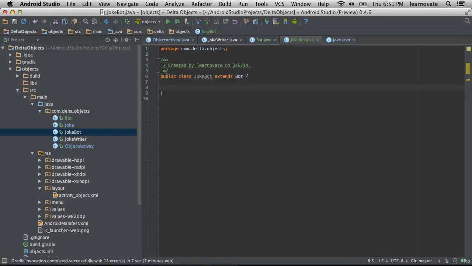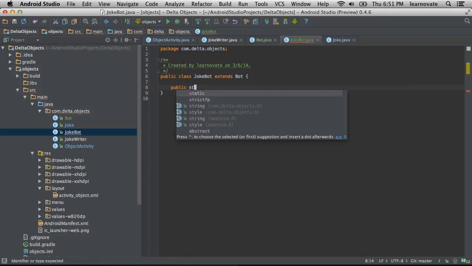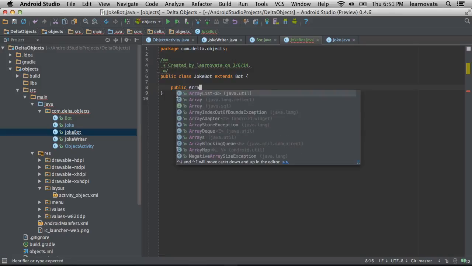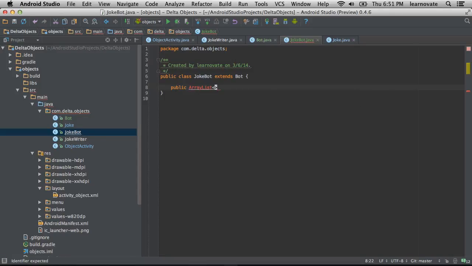So here we go. We're extending bot. I see that. So now we have a joke. Now we have a joke bot. Yeah. Why do we need both? Well, the bot, I mean, we could make another bot. We could make a bot that just says